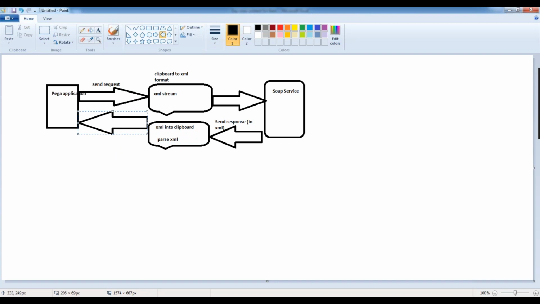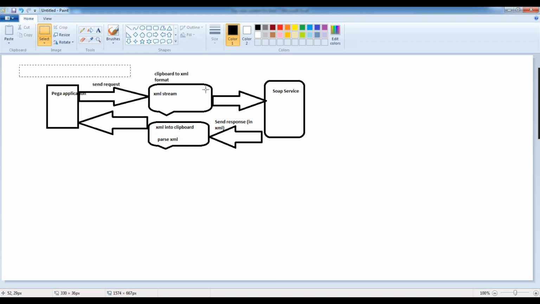This is the typical process that happens internally in a SOAP integration: send the request, convert into XML, get the response. If both are Pega applications, there is no issue because both can understand the clipboard structure.